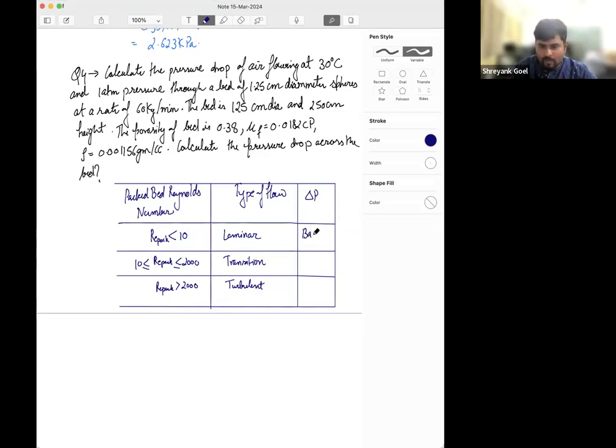That is one part of the Ergun equation, which we call the Blake-Kozeny equation. In the transition region, we will use the Ergun equation. And for the case of turbulent flow, we will use